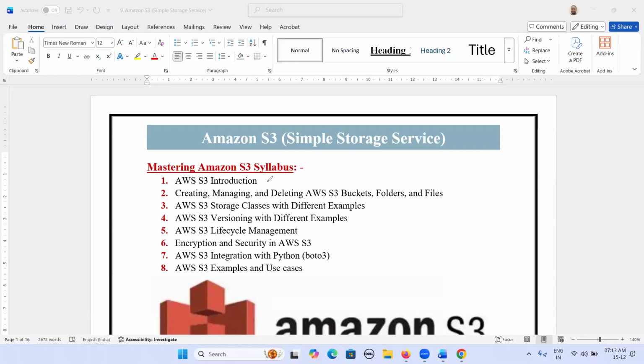First, we are going to understand the Amazon S3 introduction: what is Amazon S3, features of Amazon S3, why Amazon S3, advantages of Amazon S3, and we are going to discuss the prerequisites for Amazon S3. Then, once we understand the Amazon S3 introduction, we are going to start discussing